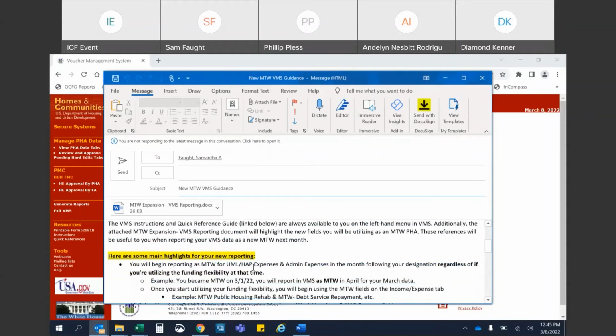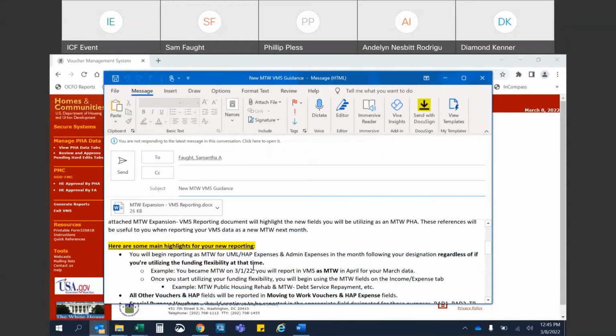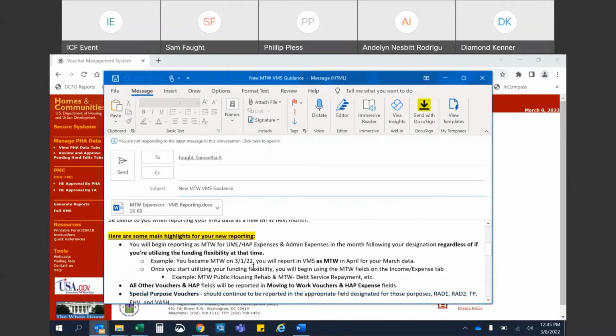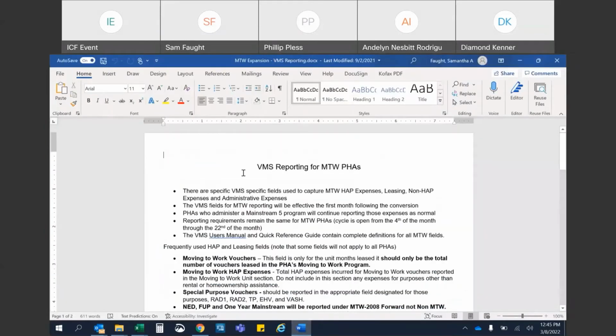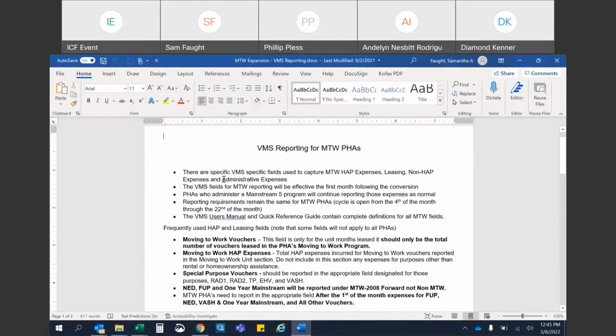We have some quick references to go over regarding your VMS reporting. And that's what I'm going to be going over today with your VMS and where you should be reporting the fields that are going to be changing now that you're MTW, and the dates that you'll begin reporting in those fields. So we have a little cheat sheet for you in the body of the email, as well as a Word document, VMS reporting for MTW PHAs, and this is also going to help you if you want to go back and reference it when you go to report in VMS for the first time as